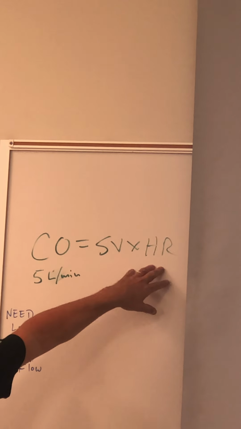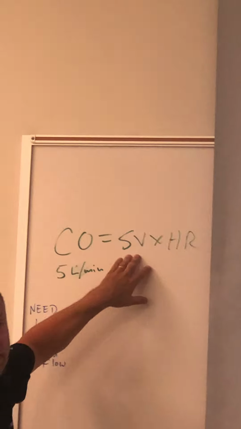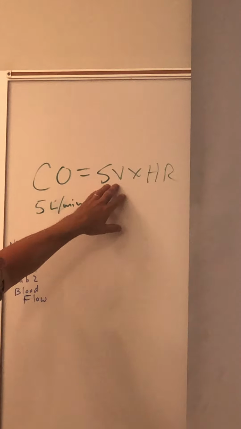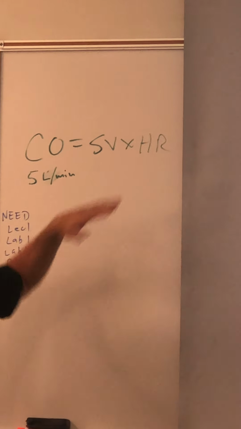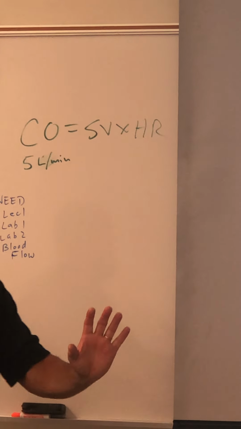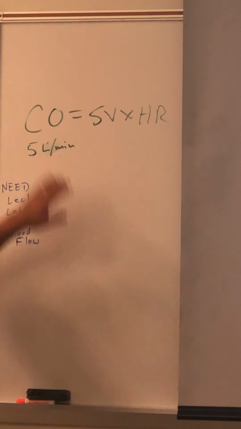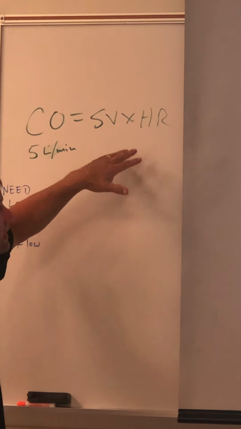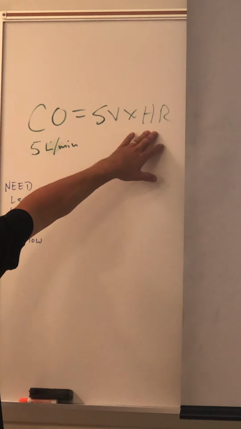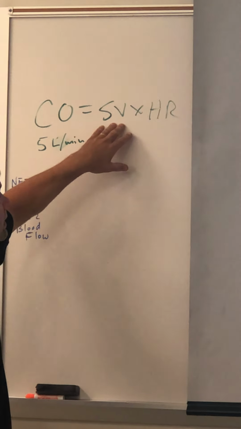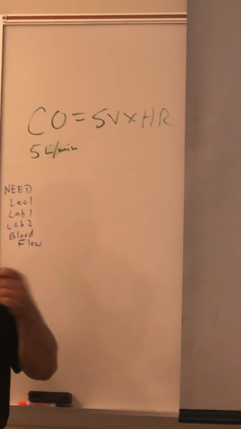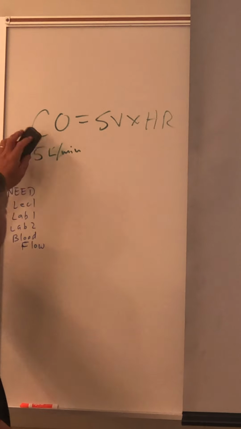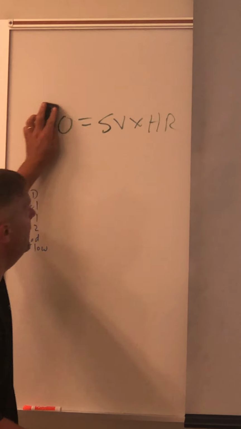But if you have an increase in heart rate, your stroke volume is going to go down because it can't fill those chambers fast enough. Vice versa, if you have an increased stroke volume, your heart rate is probably going to go down because it can't push that much blood out at one time. Both can affect cardiac output, but they also will respond to the other. If my heart is beating too fast, it may be beating too fast because my heart's not filling quick enough. Maybe there's something wrong with the cardiac conduction system, that electrical system, and vice versa. But just know that as a theoretic